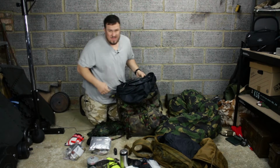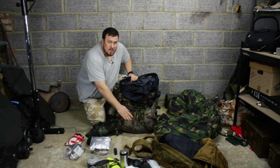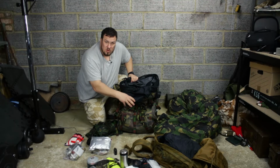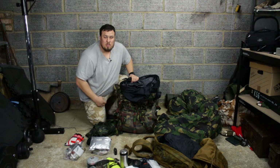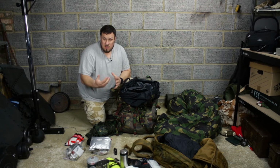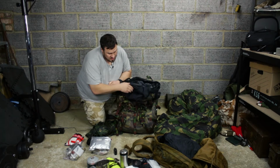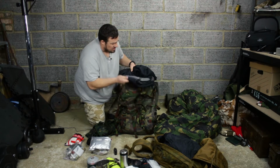Now, this Bergen is slightly different in that it's got a zip access area to the bottom of the main compartment. Normally I would put the spare gear inside the main compartment dry bag, and that way you get 2 layers of waterproofing. If I was running side pouches, that stuff would actually go in the side pouch, but I put it in its own because I can get access to it without taking the sleeping bag out. Main dry bag goes in,